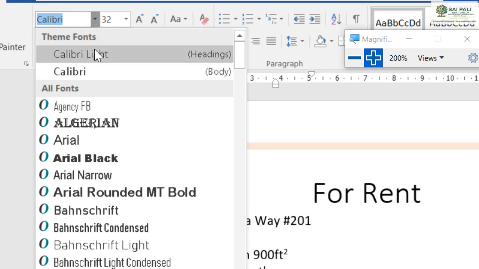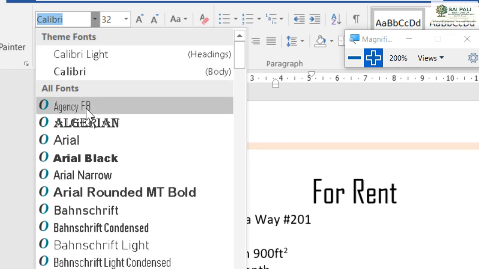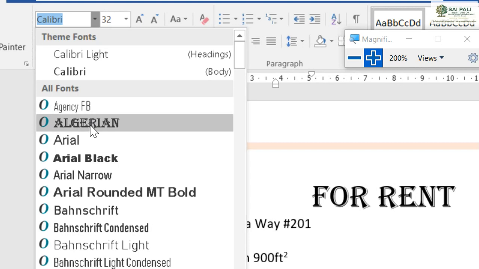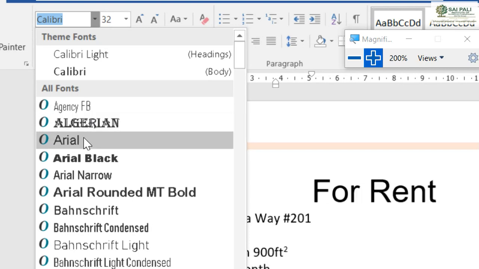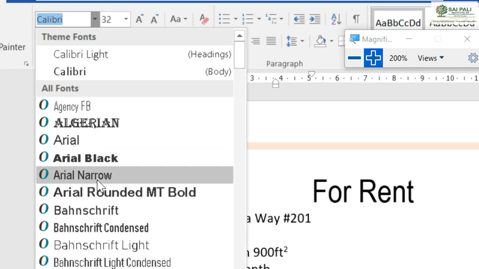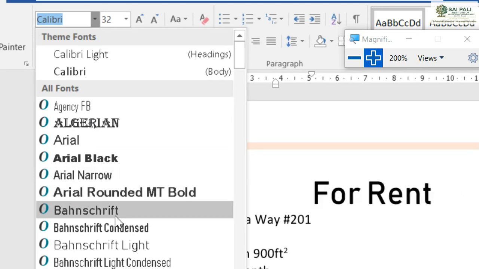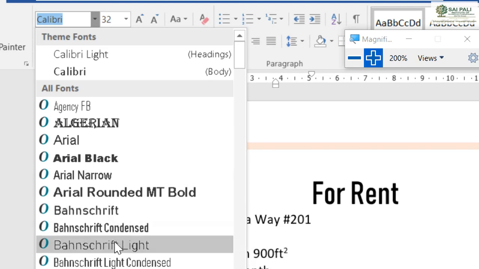Now you see, when I select Calibri light, it is getting light, that means a thinner version. This is a little bold. This Agency FB, this is Algerian style, you see it is changing the style. Arial black, Arial narrow, Arial rounded bold, this one, this one.